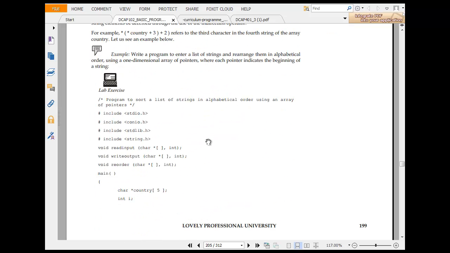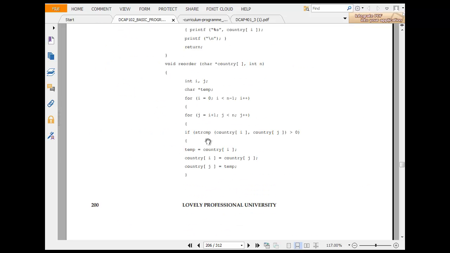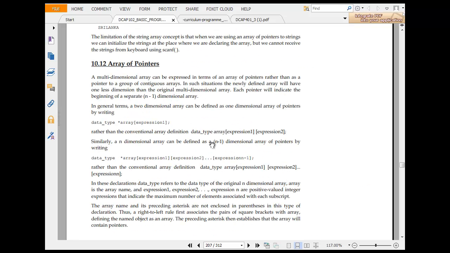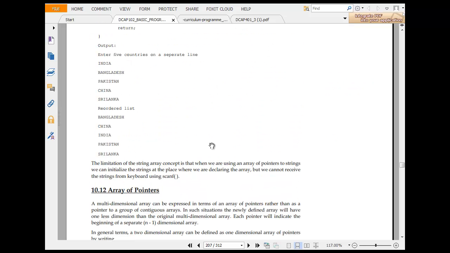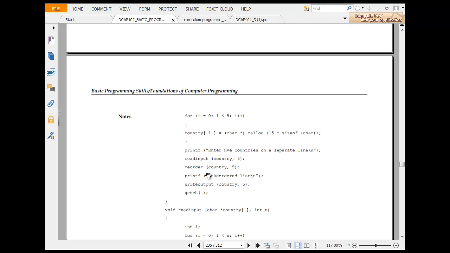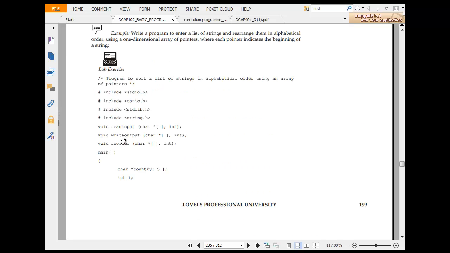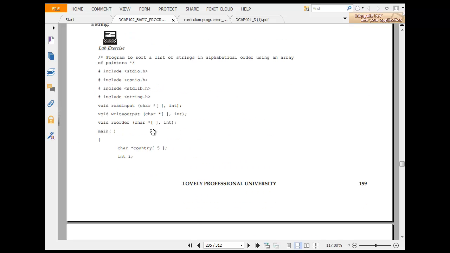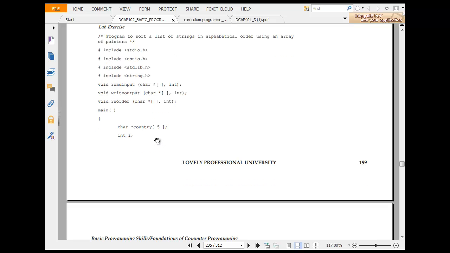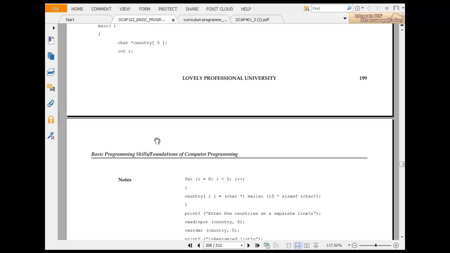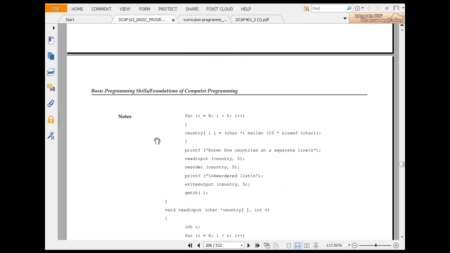So, sort in alphabetical order using an array of pointers. Looking at the code, without going too deep, include stdio.h, string.h, void reorder, char star int, and so on. In main, char *country[5], for I equal to 0, I less than 5, country[I] = malloc of size of the character.